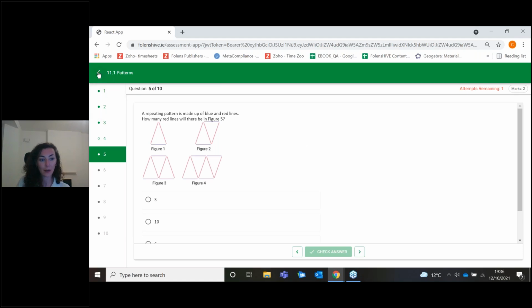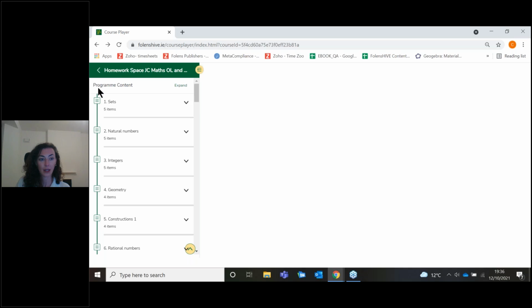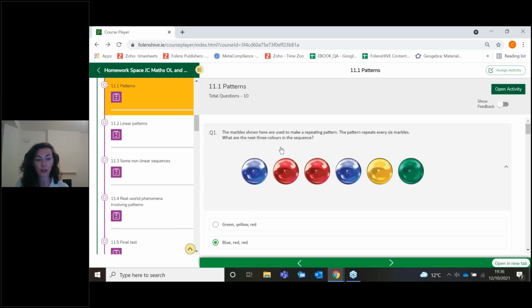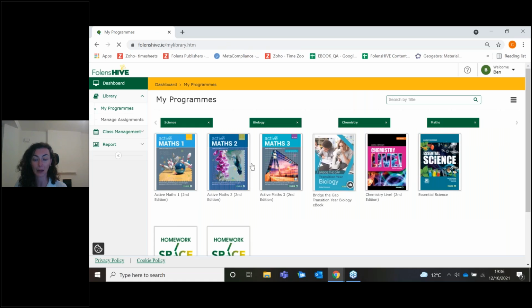Okay, so I'm going to back out of that now without submitting it. And what I would like to show you is the activity that we did complete as a student and how you will be able to go back in and check your students' performance after they've completed the homework. So in your library section, just underneath your programs, is the manage assignment section. If you click on that,